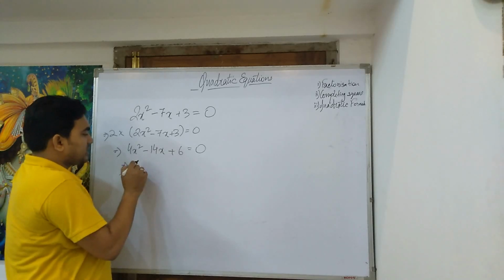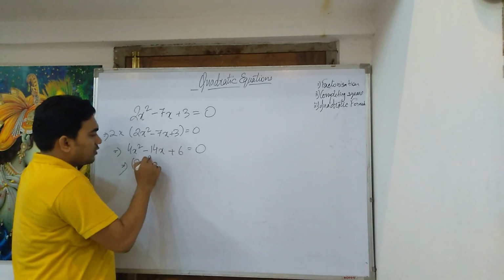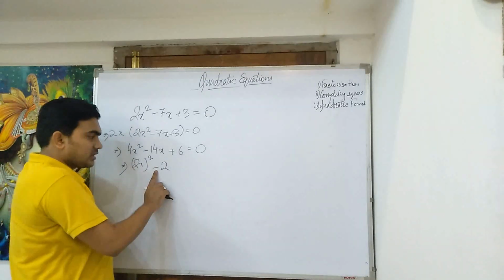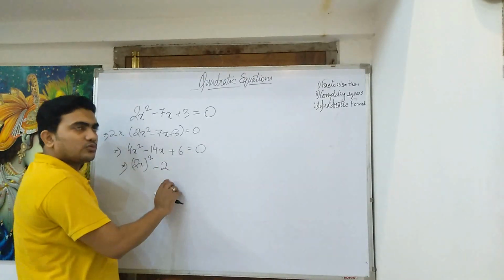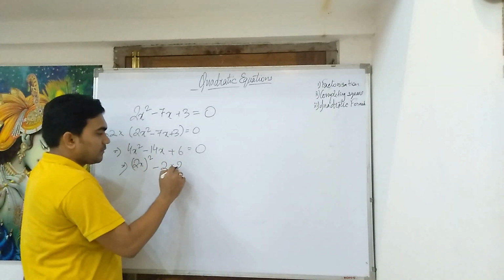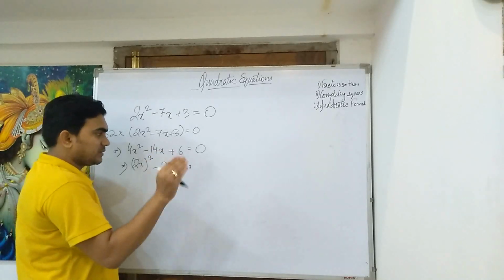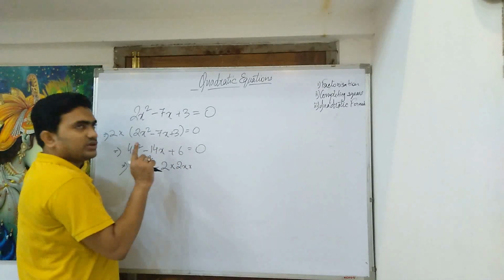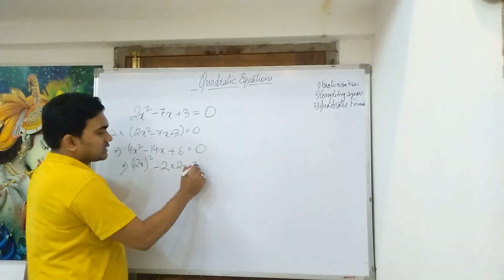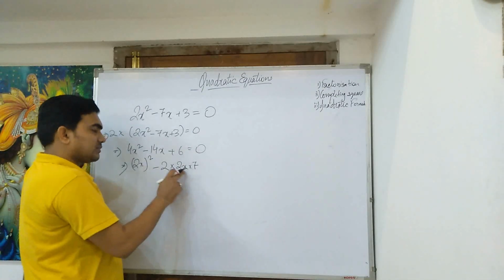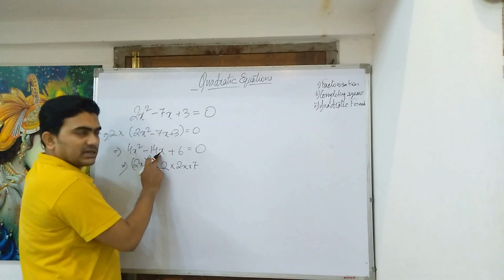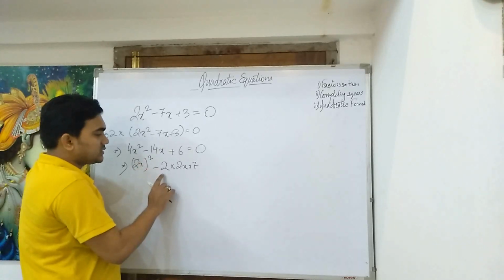Now this can be written as 2x whole square minus, so this is my a square, minus, I now need to write the 2ab term, 2a. Now what is going to be the b? 14 we can write as 2 into 7. So 14, 2 into 7, this is my x. The problem is the presence of these two. 2x into 7, 14x, that is okay. But the problem here is with these two.